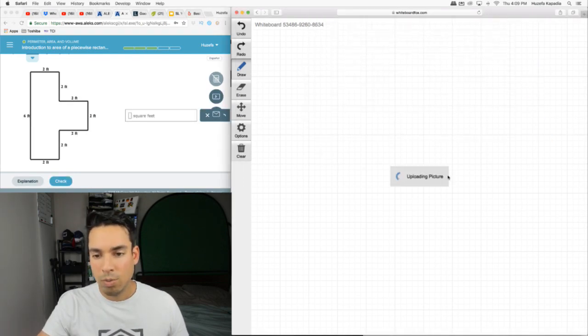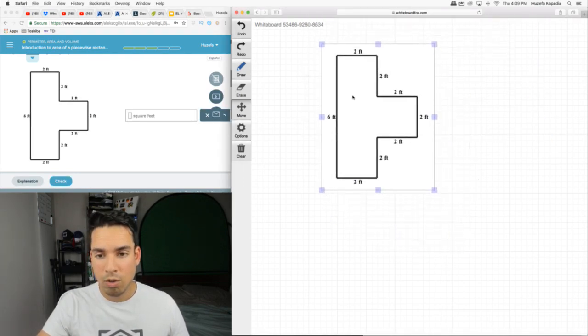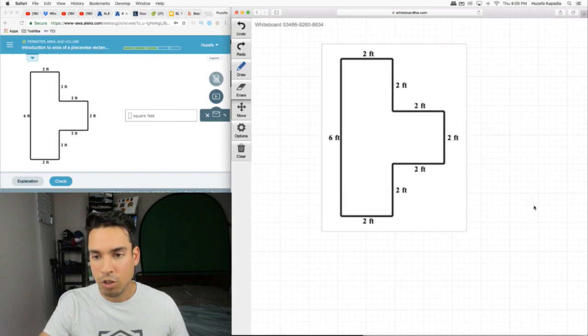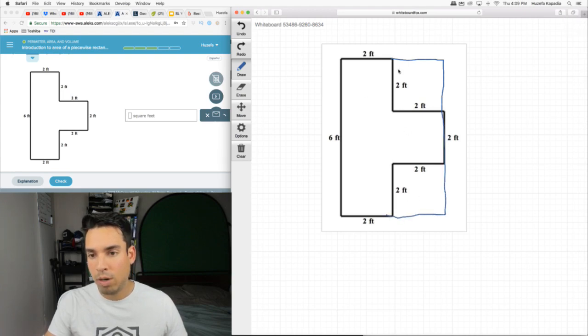Now again, with this one, I can do the addition method or the subtraction method. I'm going to do addition, but I'll show you that if I wanted to do the subtraction, all I would do is extend this out, and be like, okay, we have one giant rectangle. I'm subtracting this piece and this piece. I could do that, but instead, I'm just going to cut these into two rectangles and compute them separately and